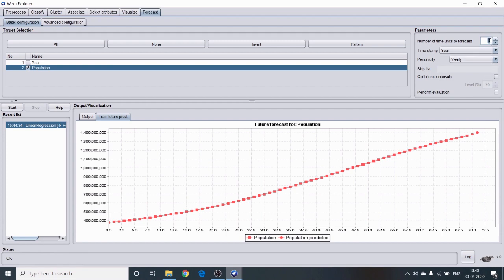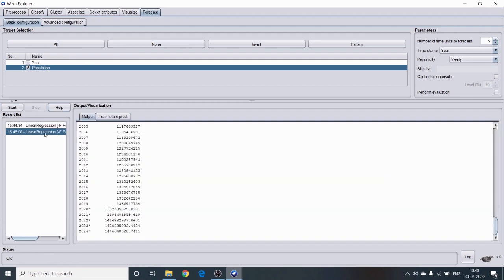The trend is going upward. If you want to know the population for the next 5 years, you can run this again and you will get 2020, 21, 22 and so on. After 5 years, in 2024, our population will be around 144 or 145 crore approximately.